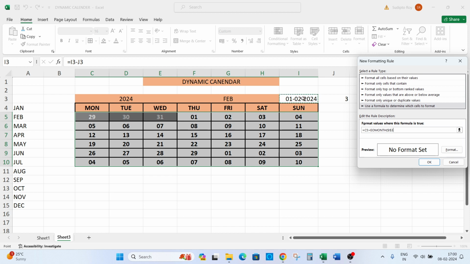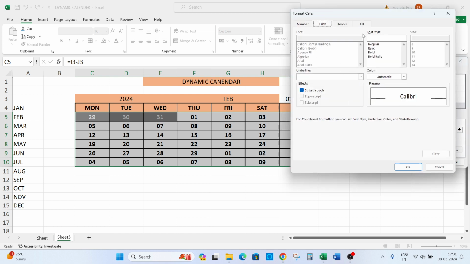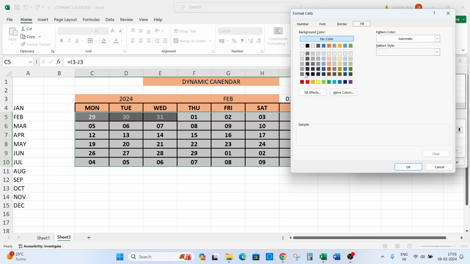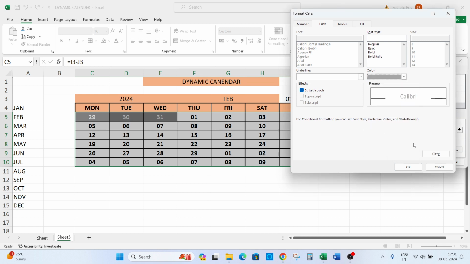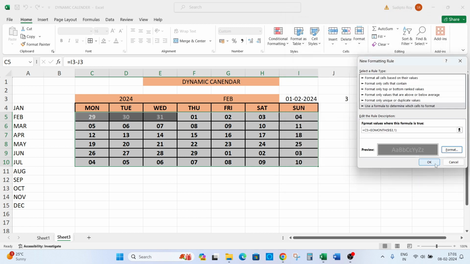Okay, then we need a 1, otherwise no. And if this meets the criteria, then we will fill this up with dark, and font color would be a lighter shade of dark. Okay,